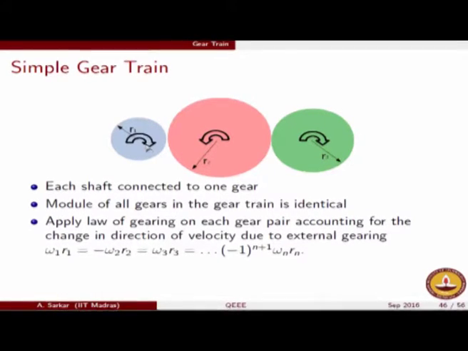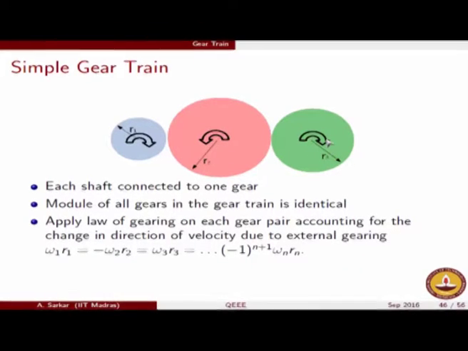So basically it is the size of the blue and the green gears which matters. The size of the red gear actually does not come into effect at all, but yet it is brought in. It is called an idler. The idler serves one purpose, as opposed to simply meshing the blue and green gear together.